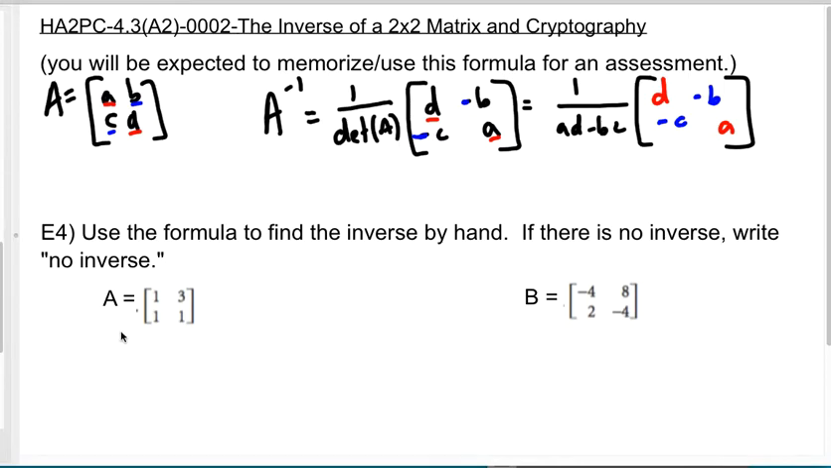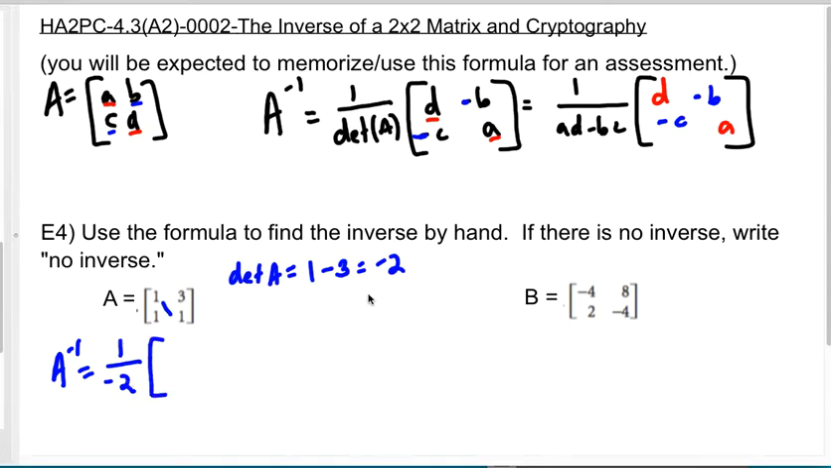So my A inverse here. Now, before I bother to find that, I might want to go ahead and find the determinant of A and see if there's an inverse. The determinant of A should be AD, which would be 1, minus BC, which would be 3, so that's a negative 2. So my A inverse is going to be 1 over the determinant, so 1 over negative 2,